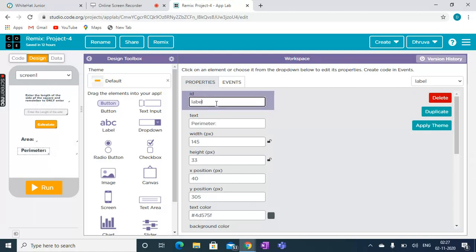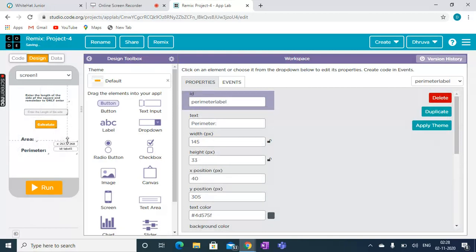I will keep the id as perimeter label, and its text is perimeter, and the area label's text is area only.